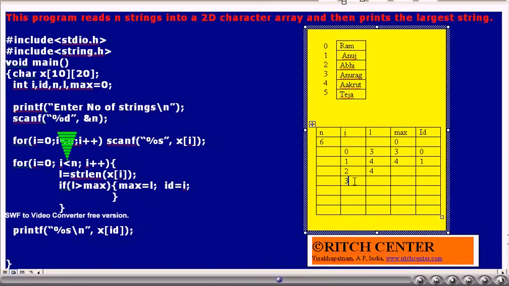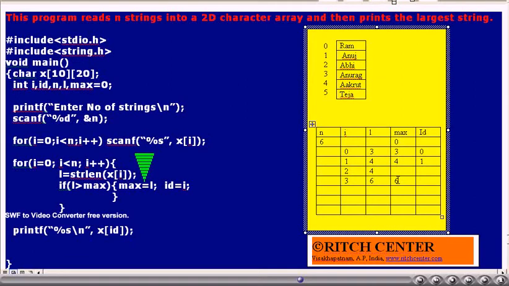Is i less than n? Yes. Currently, i value is 3. strlen of x of i, that becomes Anurag. What is the length of the string Anurag? That is 6. That will be assigned to the variable L. Is L greater than max?